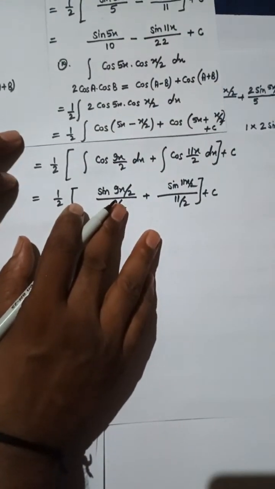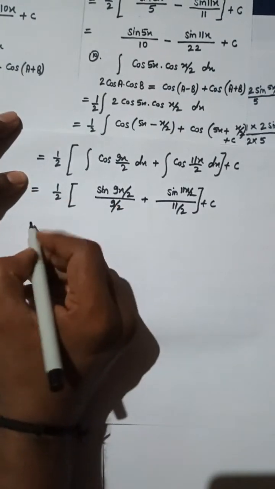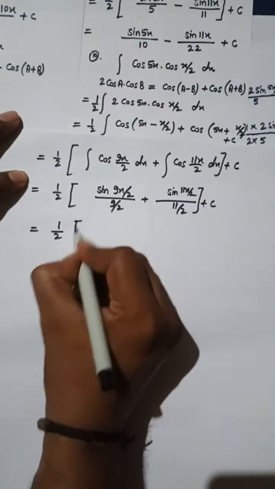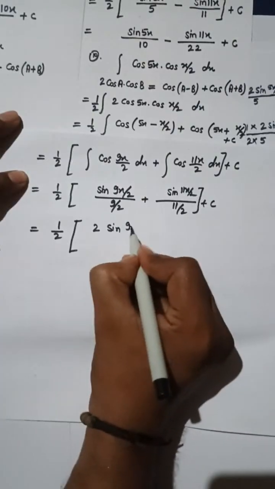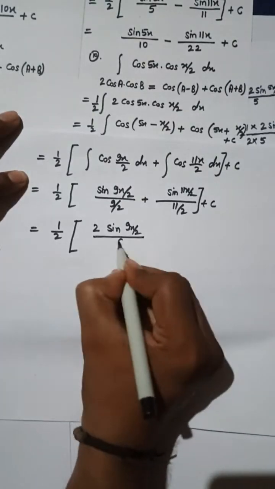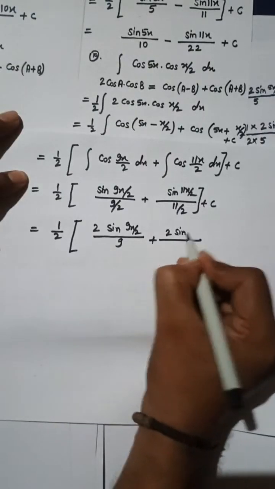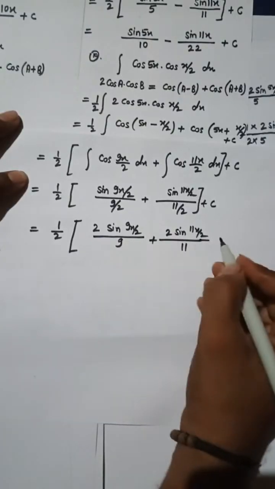You can see this term is 1 by 2, and 2 sine 9x by 2 divided by 9 plus 2 into sine 11x by 2 divided by 11